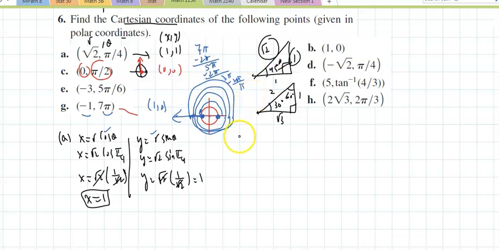And that gives you a pi, and I know exactly where pi is. Rotate to pi, there's pi. Since r is negative 1, you move in the opposite direction and you're right there. This, however, I could say, well, x equal,